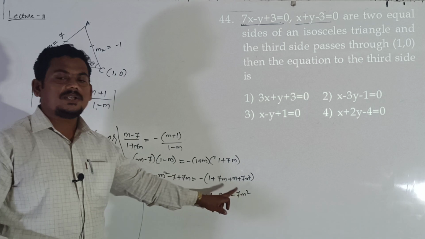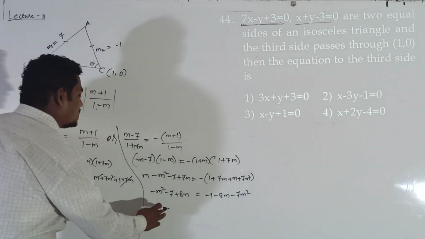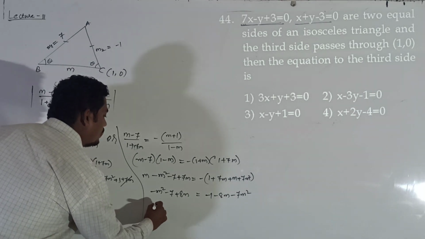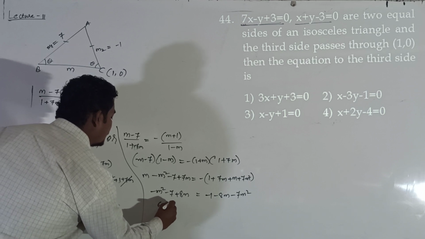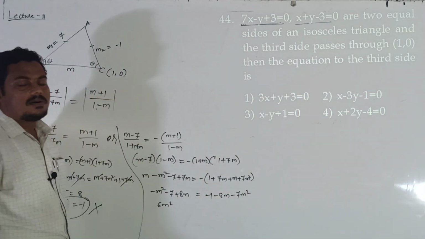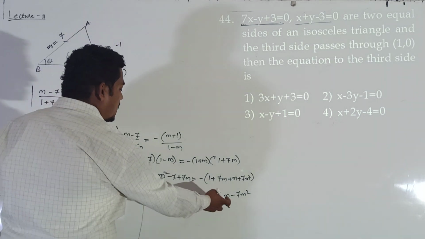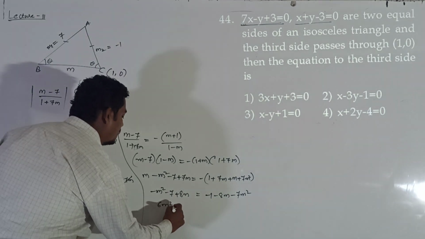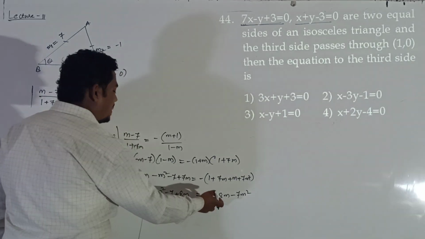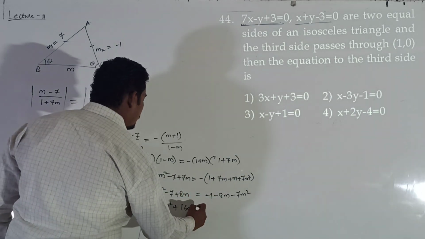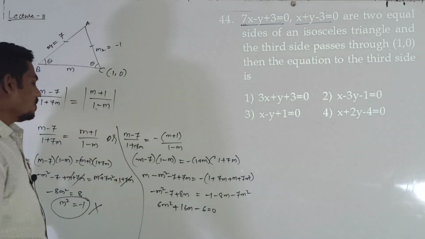Right? Take this into LHS, take these two into LHS, then it will be minus 7m square plus, means plus 6m square, right? Minus m square is there, here minus 7m square, it becomes plus 7m square minus m square, it becomes 6m square, and take this minus 8 into LHS, then it will be plus 8m means 16m, and take this minus 1 into LHS, then it will be plus, then you get minus 6 equal to 0.